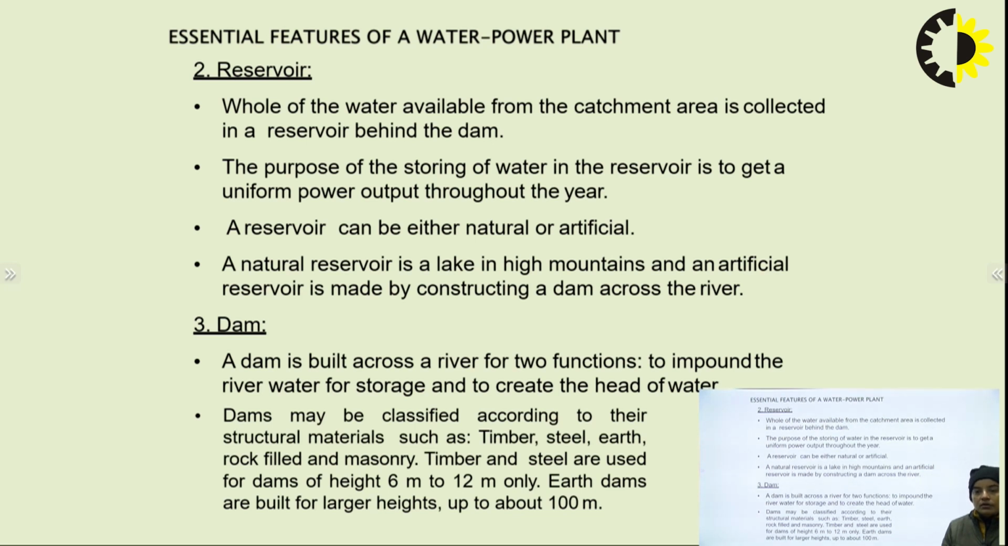So a dam is a construction built across the river for two functions: to impound the river water for storage and to create the head of water. To give the potential energy to the water, we create the dam. So dams may be classified according to their structural material, like timber, steel, earth, rock fill and masonry, and according to the height also. Okay,